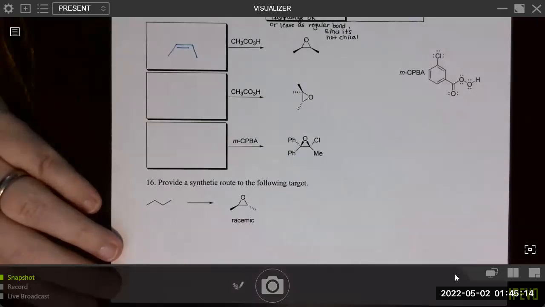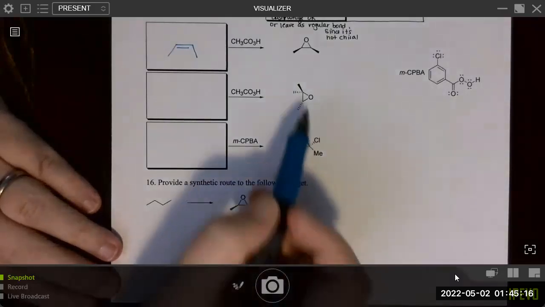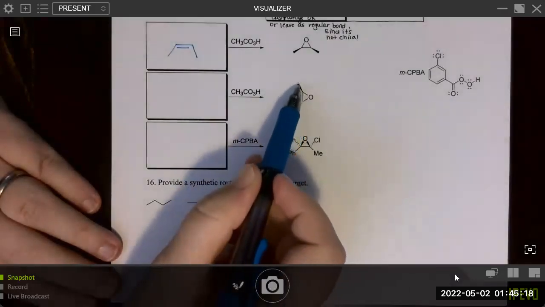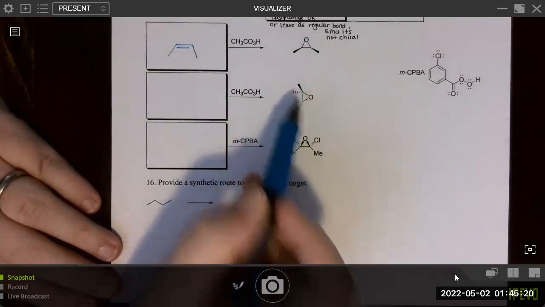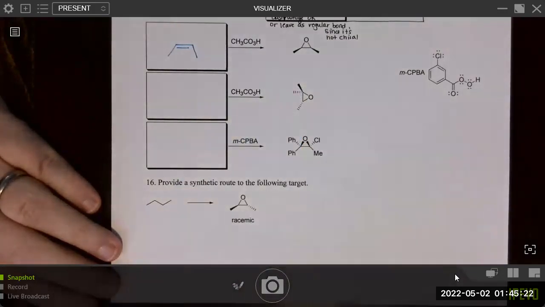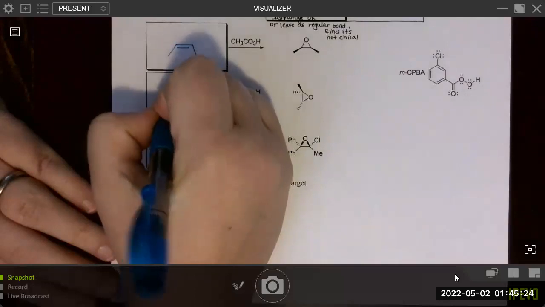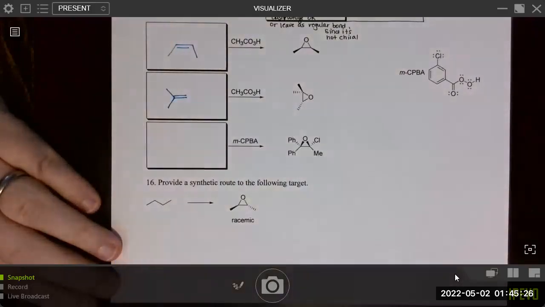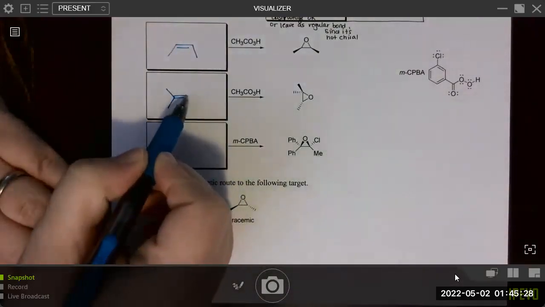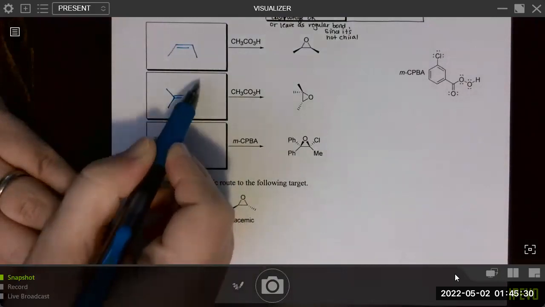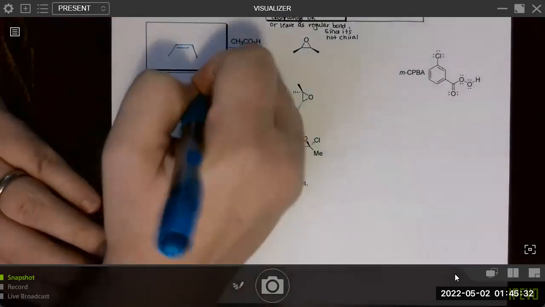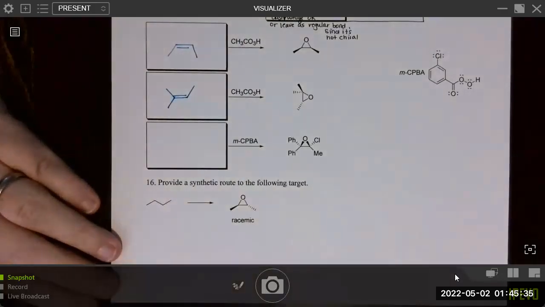Okay, so in this case, we don't really need to worry about cis or trans for the alkene since the two methyls are identical, right? There is no such thing as cis or trans. So basically, we have the two methyls and the double bond, and it doesn't matter if you place the methyl here or there, it will really be the same.